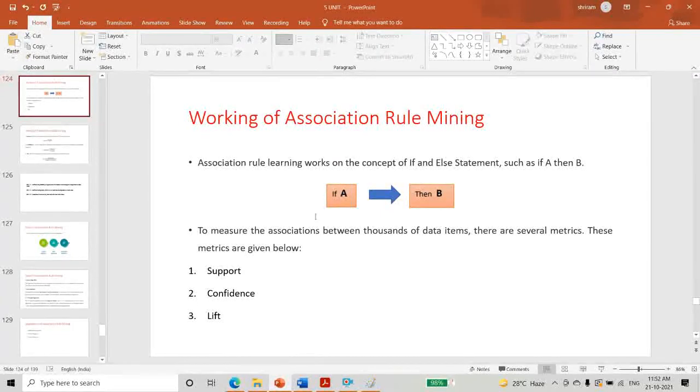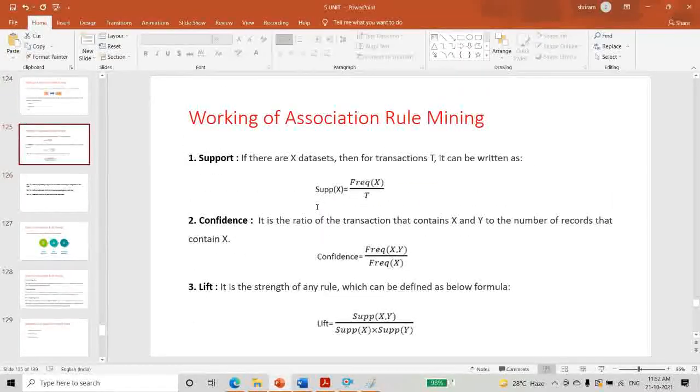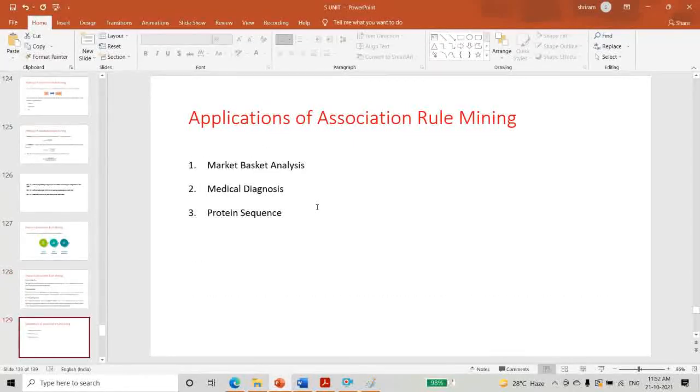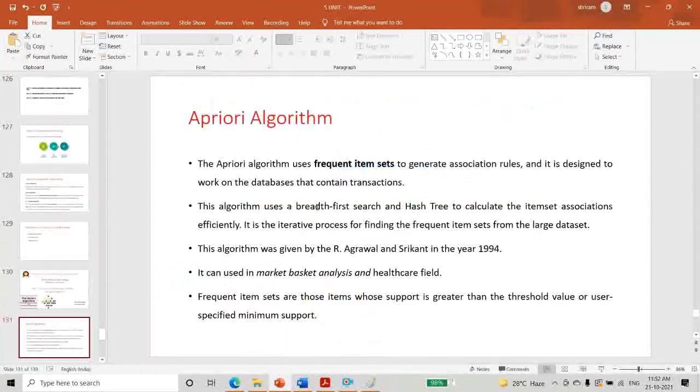Already we discussed what is meant by antecedent and consequent. This is an antecedent, and from this antecedent, all the values we get are called the consequent. So it is clear up to here: support, confidence and lift. The same support and confidence we can use in the prior algorithms. Thank you.